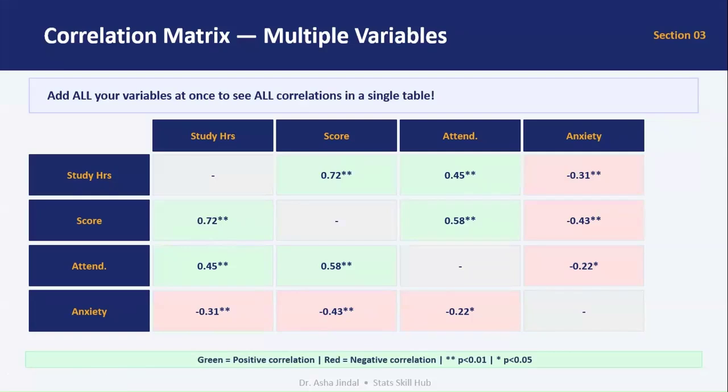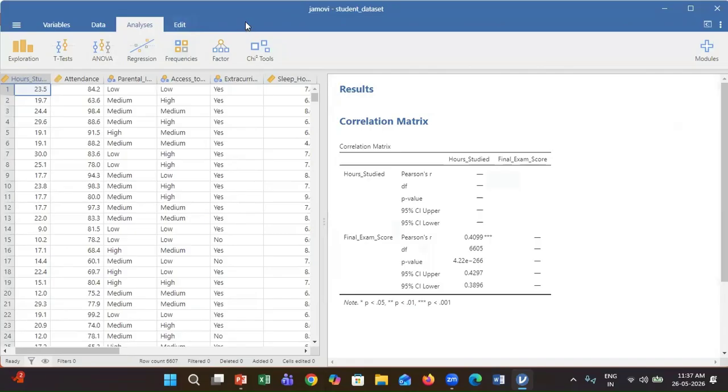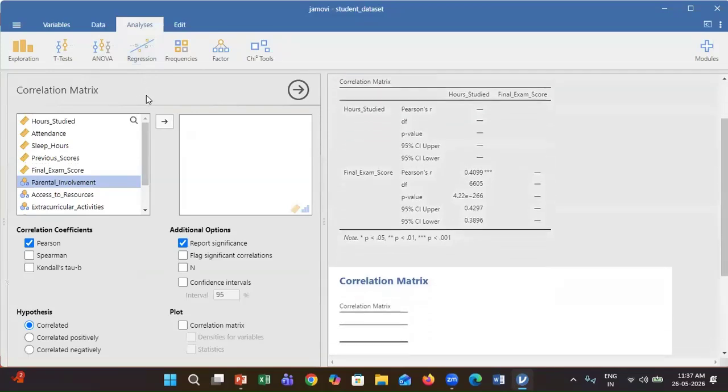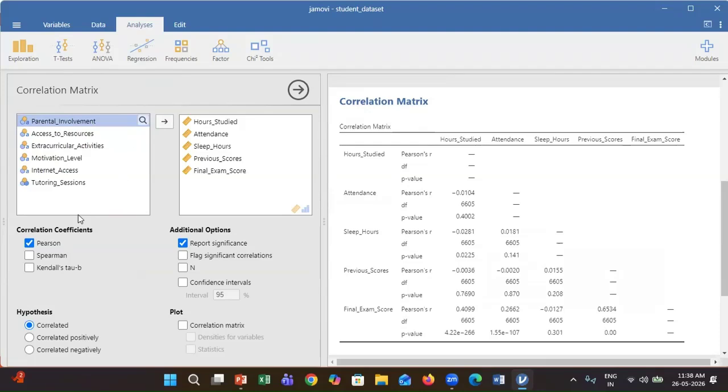Now I will demonstrate through Jamovi. I will use the same students dataset for computation of the correlation matrix. I will go to Analysis, click on Regression, then click on Correlation Matrix, and now I will take all variables which were continuous together to the variable box.